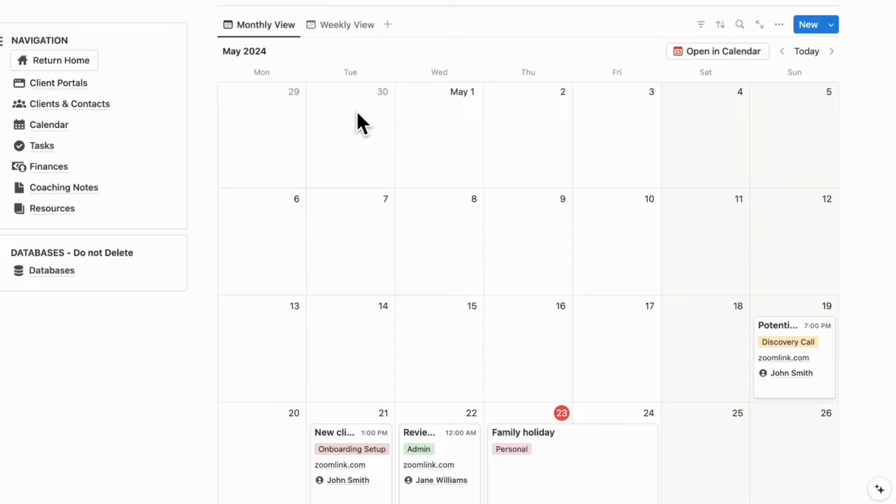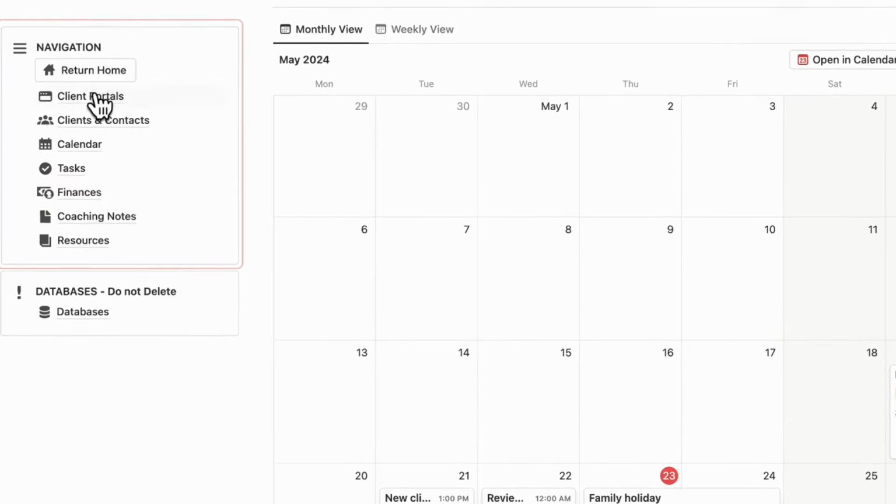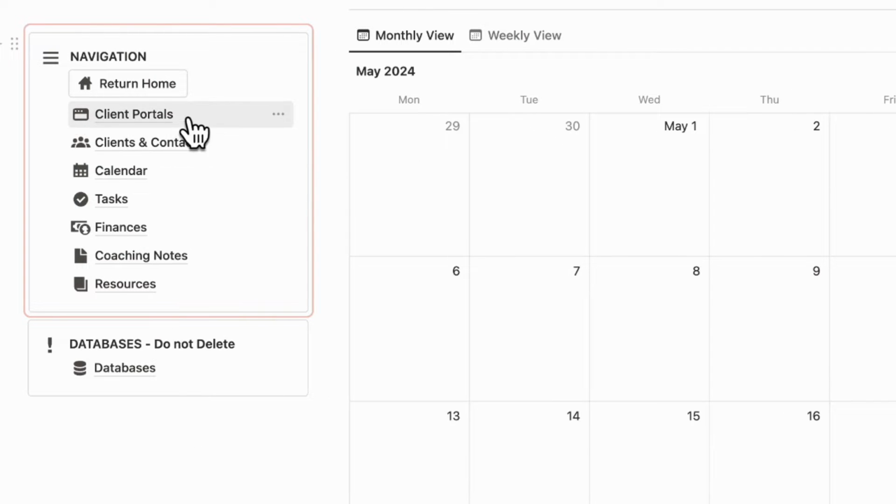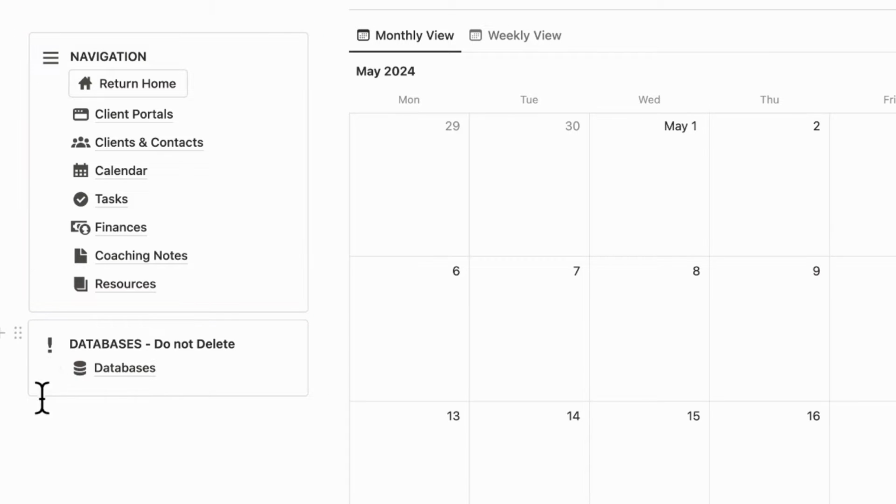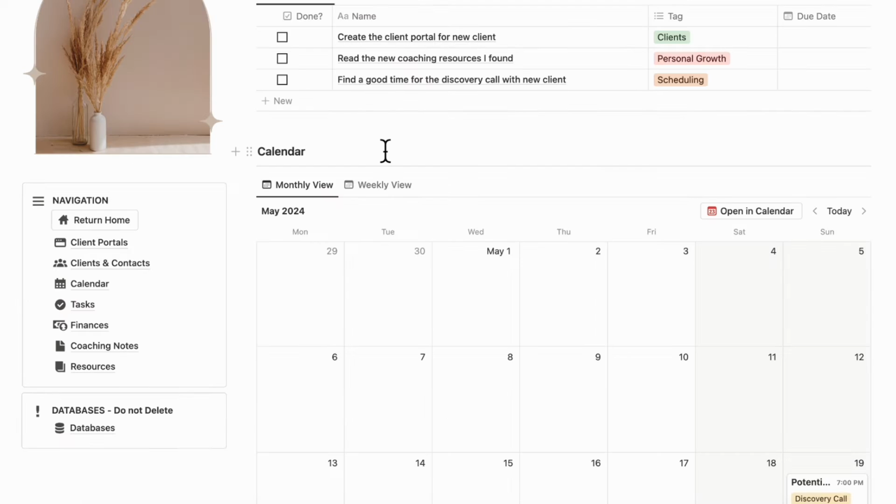and coaching schedules. On the left-hand side, you'll see a navigation bar where you'll have your client portals, clients and contacts, calendar, tasks, finances, coaching notes, and resources. And here we have all of the databases stored, which we recommend you not to edit or this template will stop working. Let's first start by going to each of the different pages of this workspace before we dive into